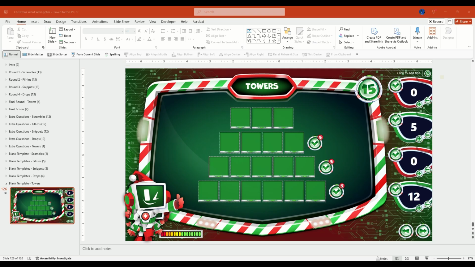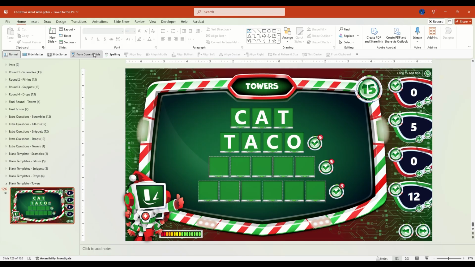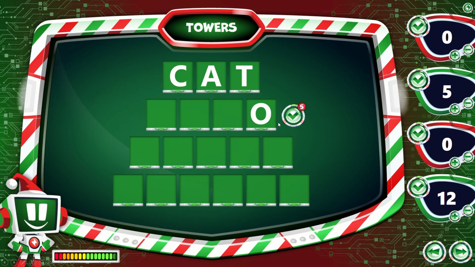For the 4-letter word, type the new letter in the last text box. The last text box in each row is the one that shows initially as the clue. If the new letter is actually the last letter in the word, you can go ahead and simply type the other letters in the remaining text boxes. So if we start with cat and the next word is taco, you can type the O in the last box and the TAC in the other boxes. If we play the slideshow, you can see the O shows up first